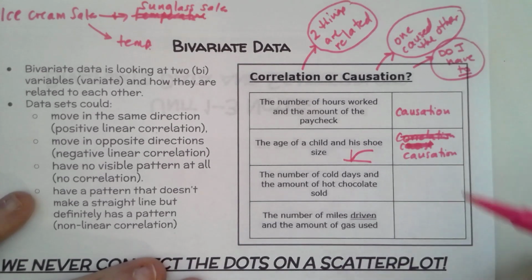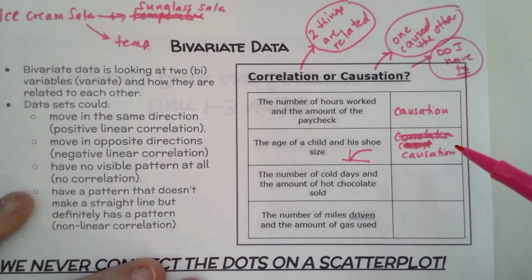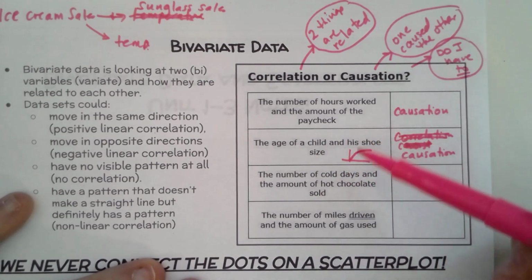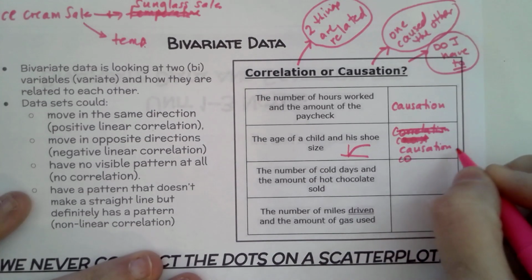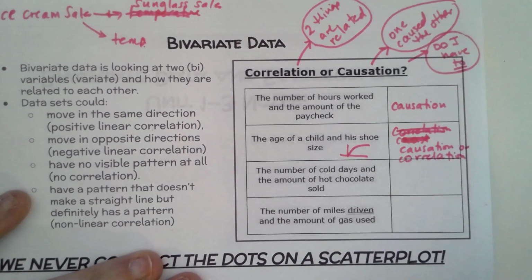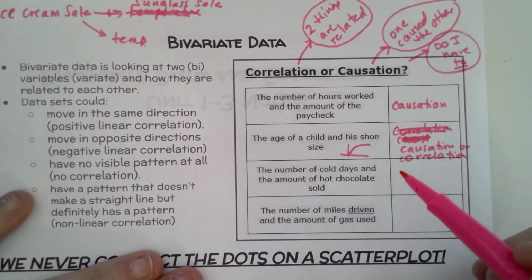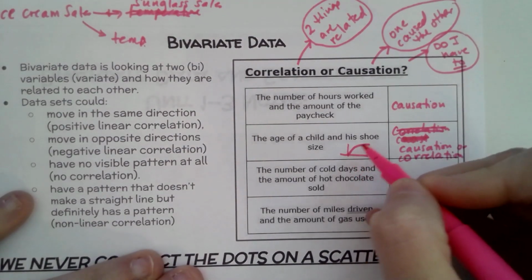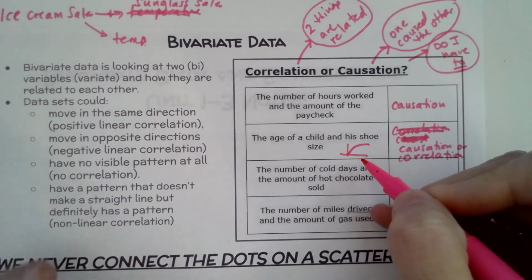Okay, so causation. If you're saying it's causation, then you're saying, yeah, as a kid gets older, their shoe sizes are going to get bigger. Now, if you're saying it's correlation, maybe your thinking is, well, except here's the thing. This does not mean there's a direct link between their shoe sizes. Now, if we're talking about the increase in their shoe sizes, then yeah, but if we're talking about their actual